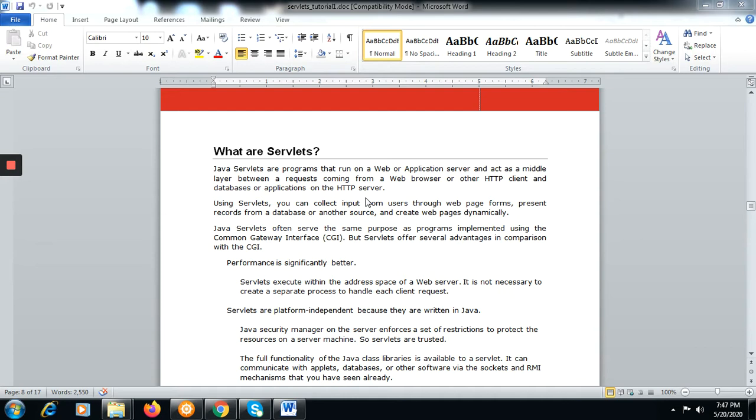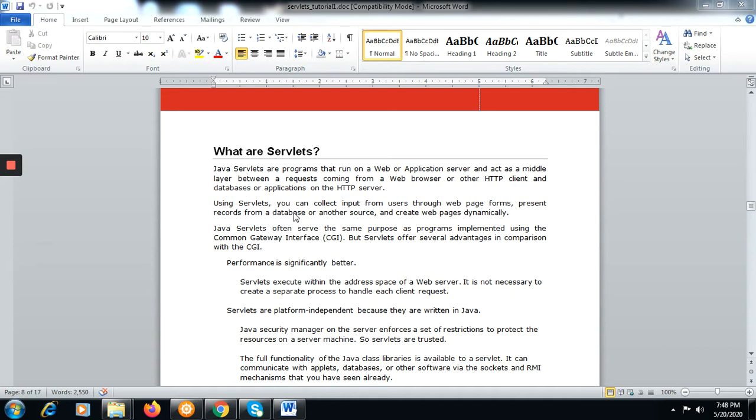We have already seen that there will be a host machine, the hardware. On top of the host machine there will be a server which provides a runtime environment. That runtime environment is provided by a server like Tomcat, JBoss, WebLogic, WebSphere, or anything like that. And on this server environment we run our own server component. That is called a servlet.